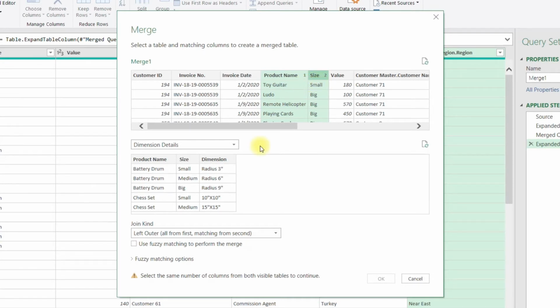Now select the same columns in the second table in the same sequence. Here just click product name, press and hold the control key and click the second column. My columns have been marked as 1 and 2, and here you can see that all the matches have been found. Guys, here one thing to be kept in mind is that the sequence of selection of columns is very important. Here if I reverse the sequence, for example size and then product name, then my matches are gone. So please make sure that you select the right sequence of the columns.